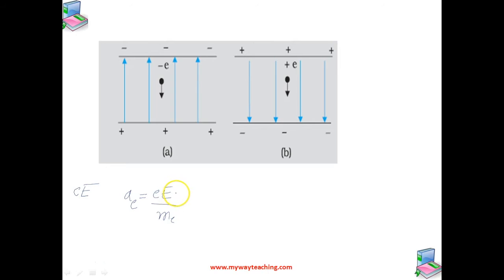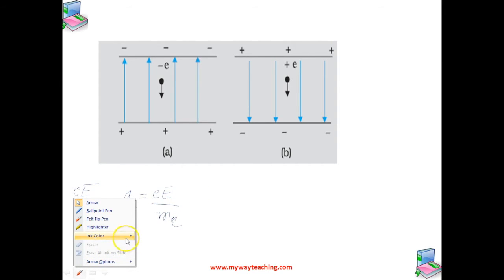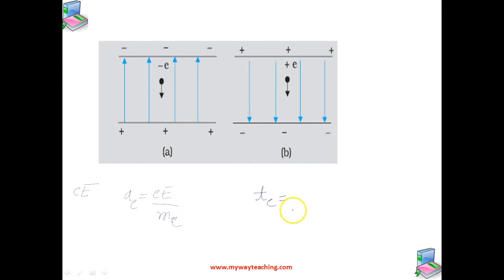So starting from rest, the time required by the electron to fall through a distance h is given by